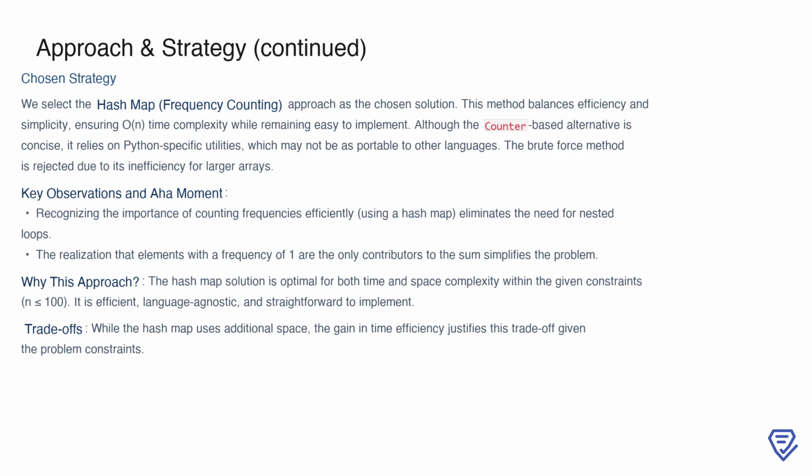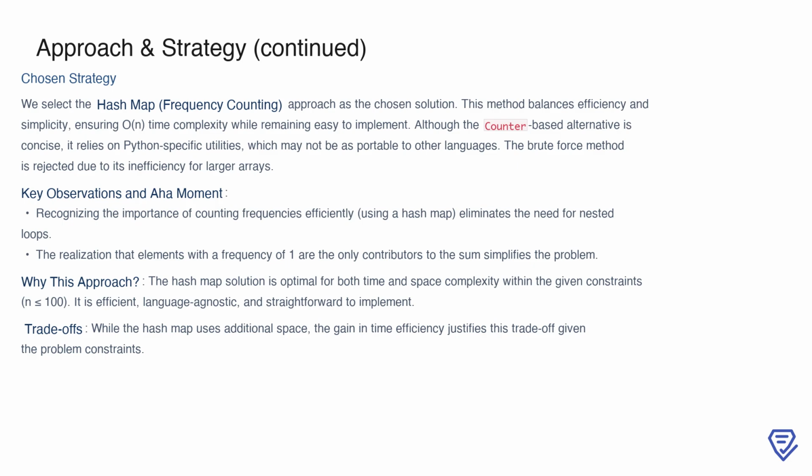The key insight here is recognizing that counting frequencies efficiently with a hash map eliminates the need for nested loops, which simplifies the overall process significantly. Additionally, understanding that only elements with a frequency of 1 contribute to the sum allows us to focus our calculations. While the hash map approach does require additional space, the trade-off is justified given the significant improvement in time efficiency. With the problem constraints allowing for arrays of size up to 100, this method is optimal for both performance and